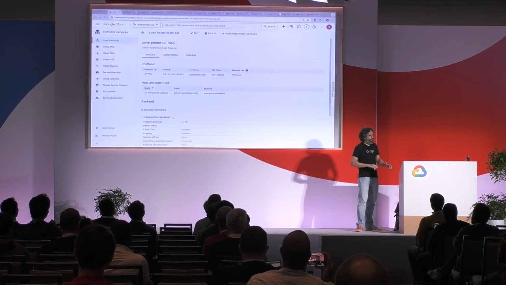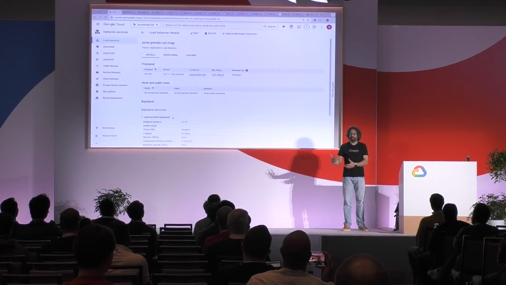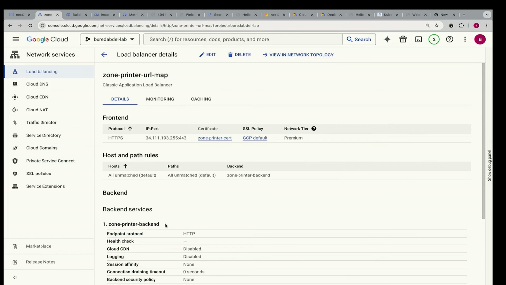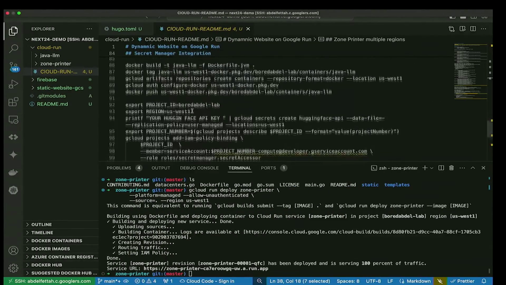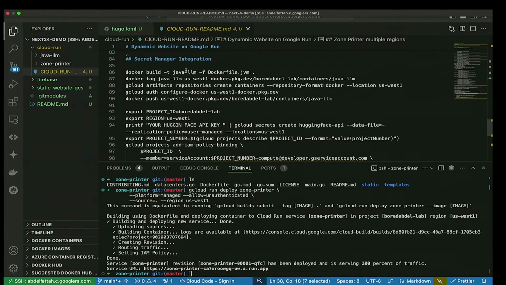So Google Cloud Run has an integration with something called Secrets Manager. Google Cloud Secrets Manager is our secrets manager. You can just push whatever you want to it, like code, passwords, API keys, all that stuff. I have an app that I deployed earlier. It's an app that talks to the Hugging Face API, and Hugging Face has, of course, a key. So I have a key which I generated. I already pushed that key to my